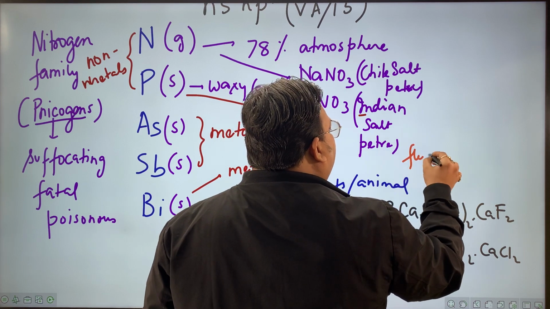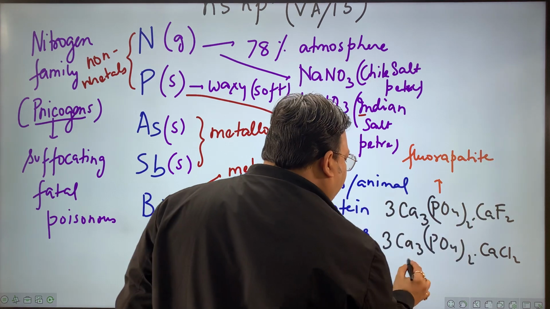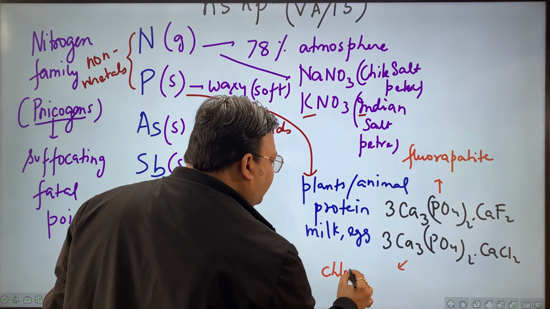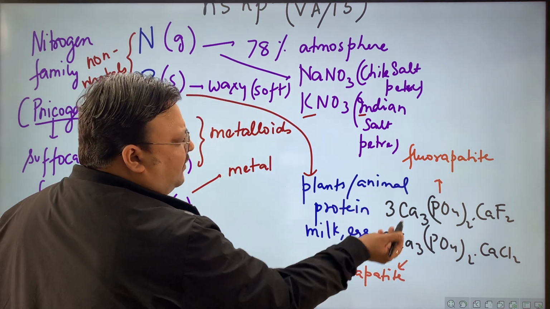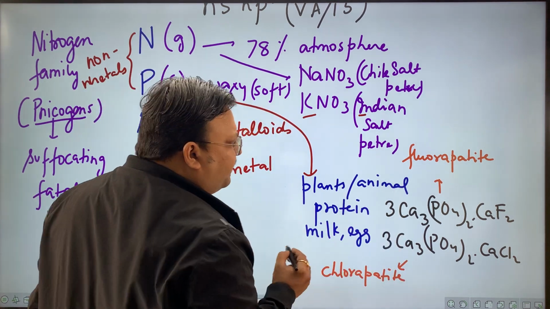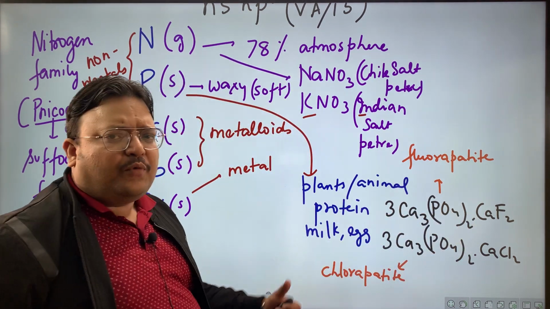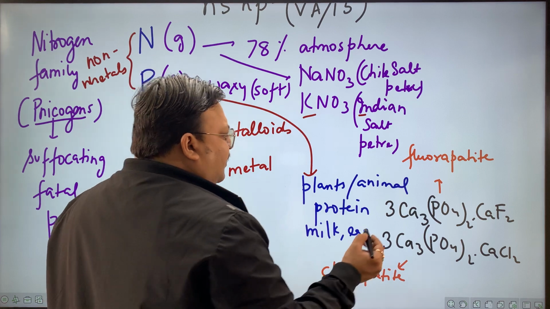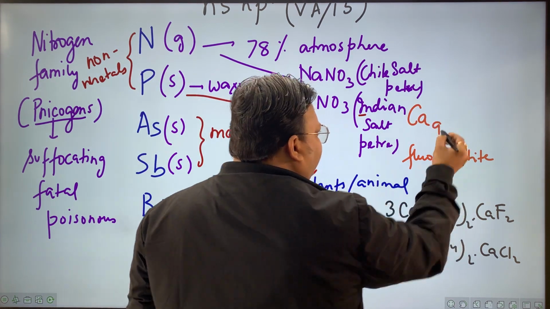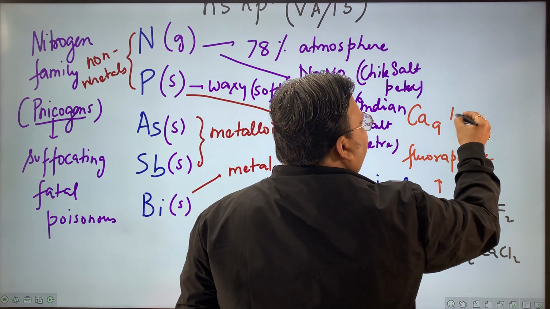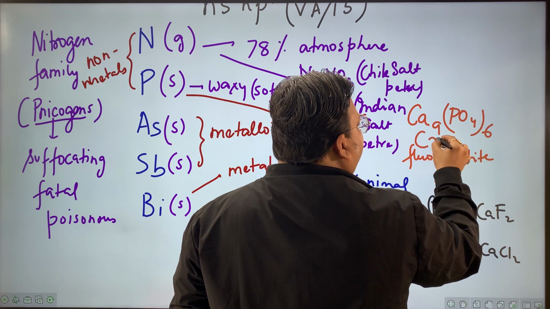So these are two mineral sources, fluorapatite and chloroapatite. I think it's given in NCERT as well. And in NCERT, the fluorapatite, chloroapatite and the apatite family is given a common formula. If you understand the general formula of fluorapatite and chloroapatite, you would relate to the general formula which is given as Ca9, see, it's 3 into 3, 9, (PO4)6 and then CaX2.